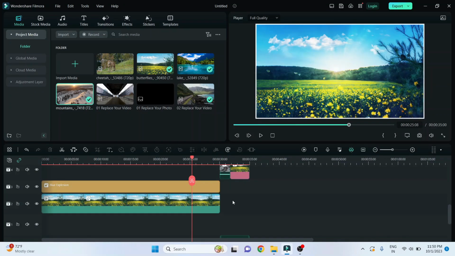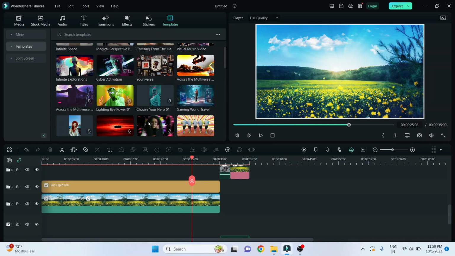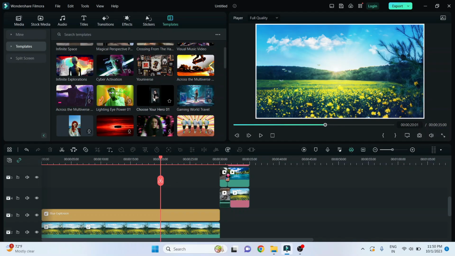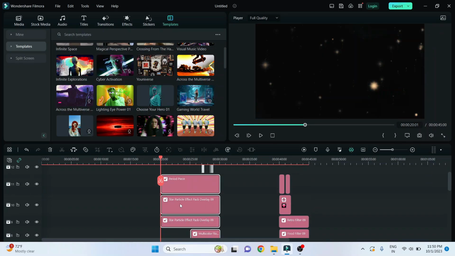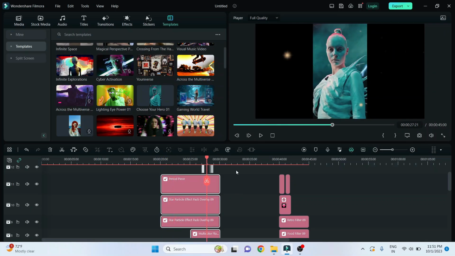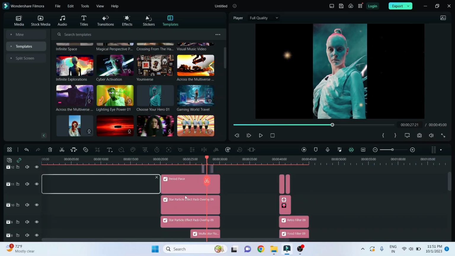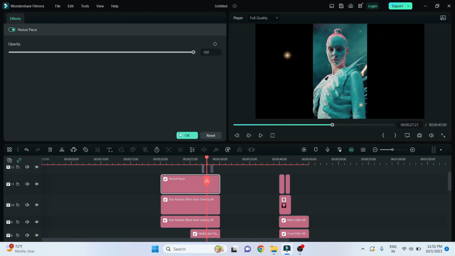So guys, you can also use these templates. Let's go to the templates and here you see many templates are there. All you need to do is, firstly you have to download it, and after that you can drag it into the timeline. Here it is, predefined templates are there. Somebody has already designed them. What you need to do is add your own images or videos. You have to replace all those things, and if you want to edit the text, then you can simply double click here and edit that.